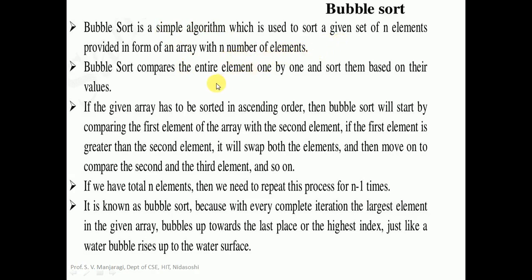So in the bubble sort technique, what we do is we have to compare the consecutive elements. That is, the neighboring elements we need to compare. For example, comparing of the elements will begin from the first element. The first element is compared with its next element, that is the second element. If the first element is smaller than the second element, it means that they are already in ascending order. Then it is okay here.